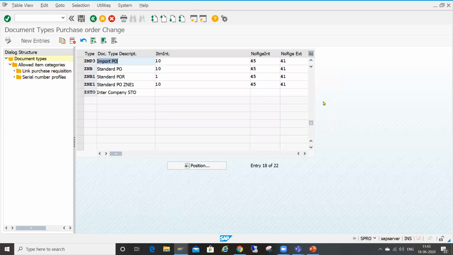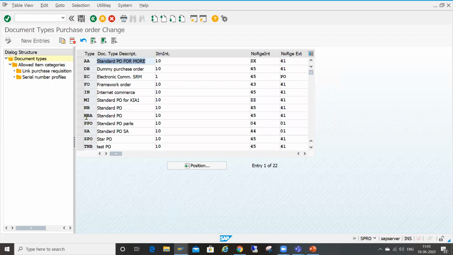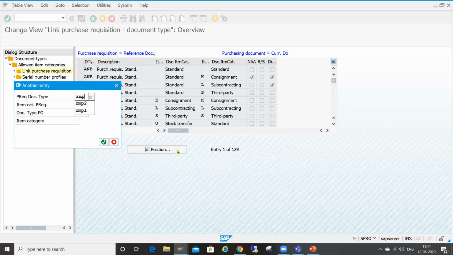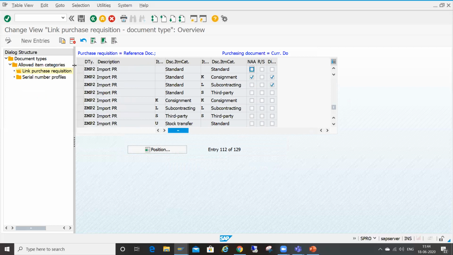Okay. Since you copied from NB, if you go to the NB document type also, here you have to delete that ZMP2, that is the PR document type.